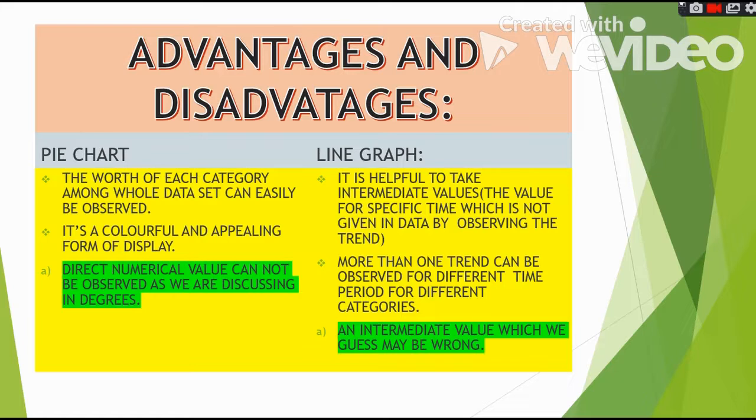I told you it is not necessary that every time you will get the numerical value in the question and you will convert it into degrees. Sometimes they will give you the degrees value, but you have to convert it. I am discussing the practical situation, not your book questions: if someone wants to know how many people have participated, how many people voted for some party.